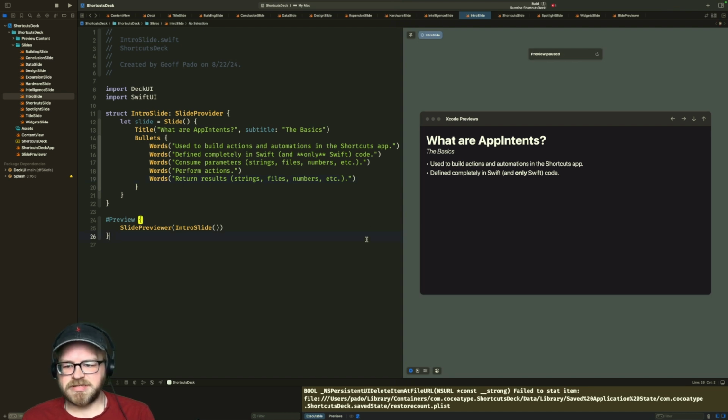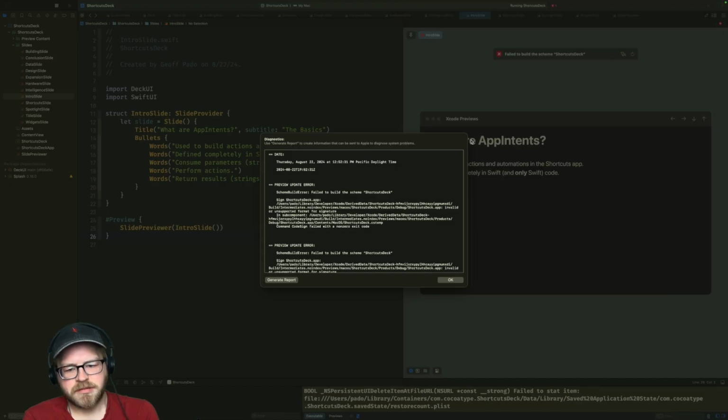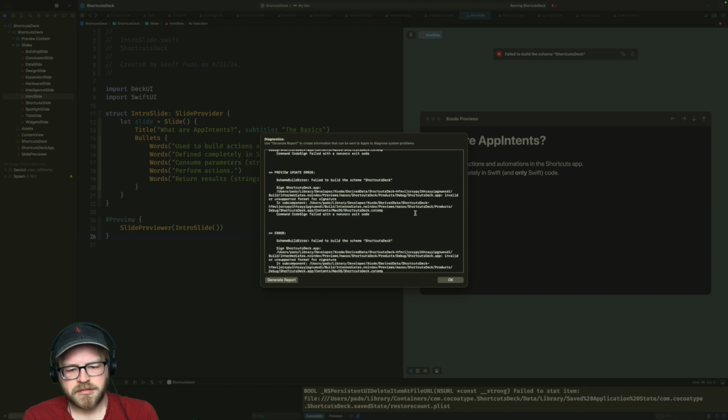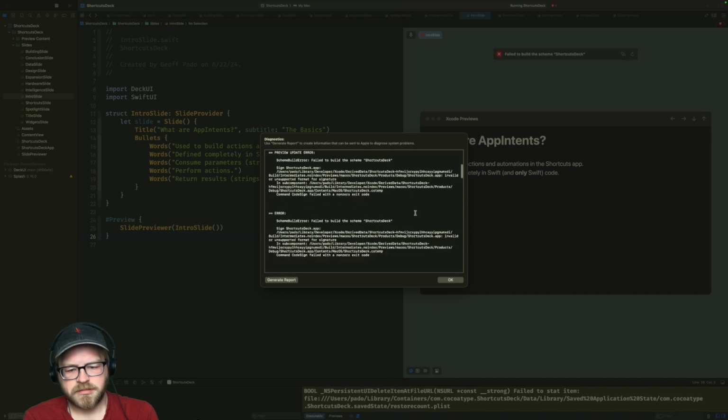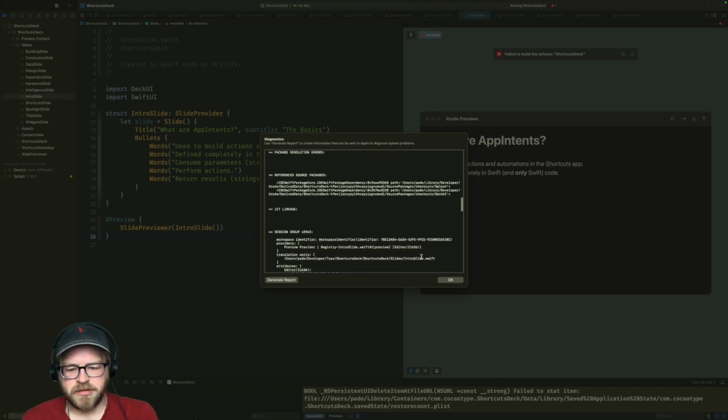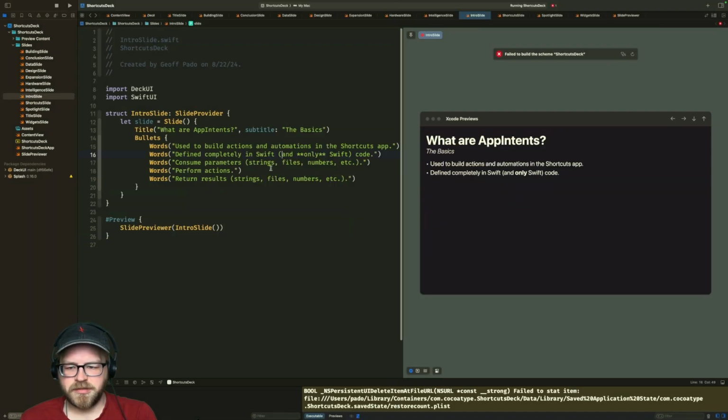Why are you failing to build this game? Don't tell me that there's a max of 5 words available. No, you're lying. Okay, why is it failing to build the scheme but only for previews? Because that's going to be a real obnoxious thing if I can't preview it anymore.